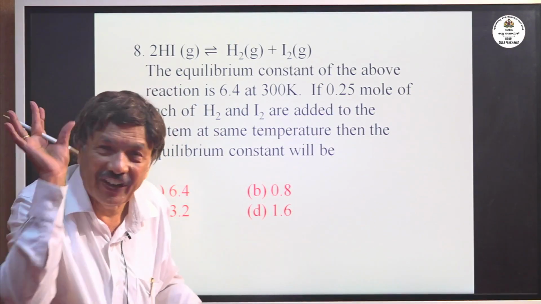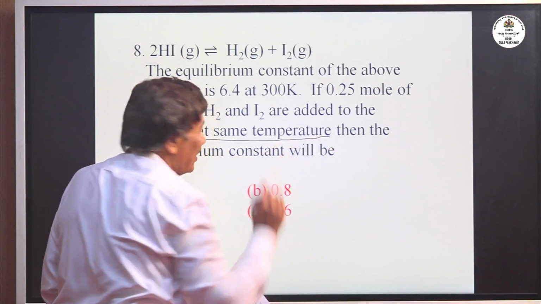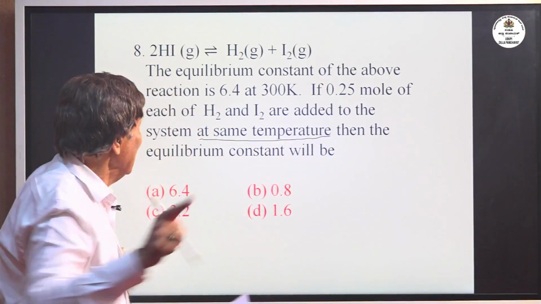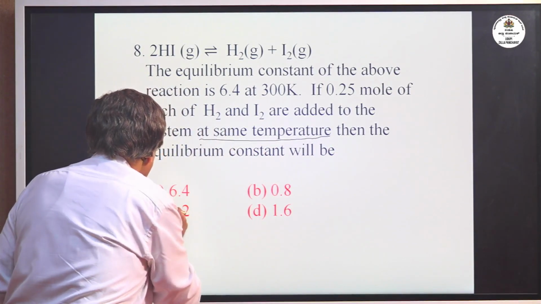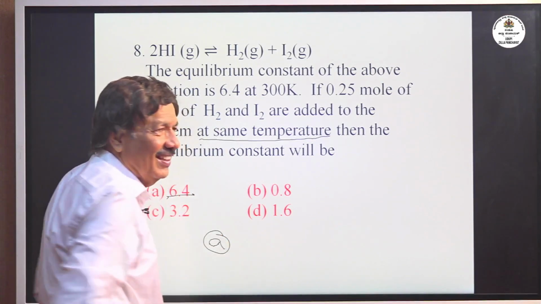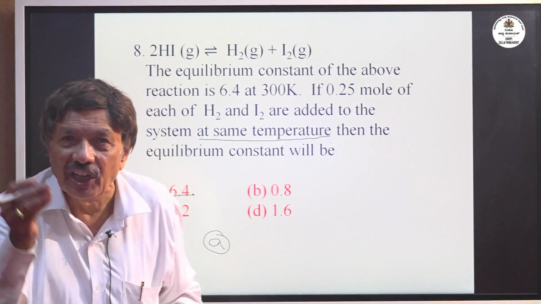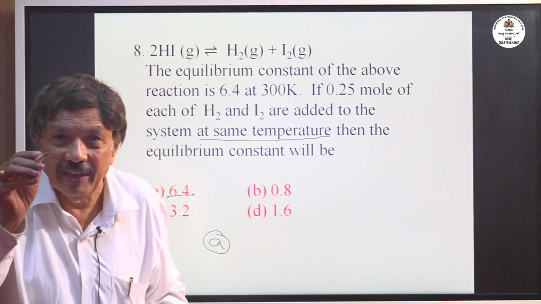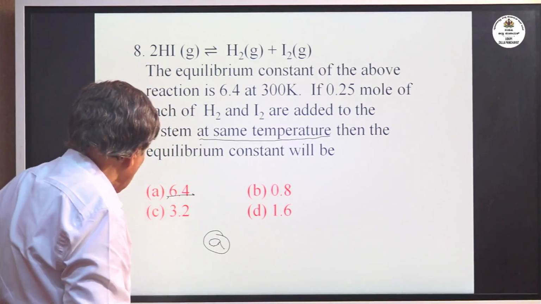If you know it perfectly, at the same temperature, this is more important. At the same temperature, equilibrium constant remains same. So 6.4 itself is the answer. Option A is the answer. Right? So just remember, as long as the temperature remains same, equilibrium constant also remains same. So we will move on to